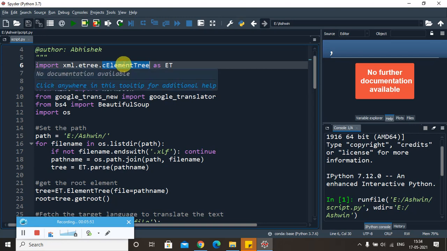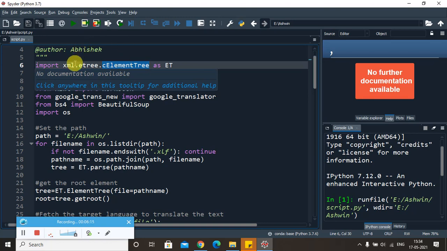Now to determine the exact source tag embedded within each and every trans unit, we have to understand the route through which we can effectively reach each and every source tag, so that we can fetch the element embedded within the source tags.